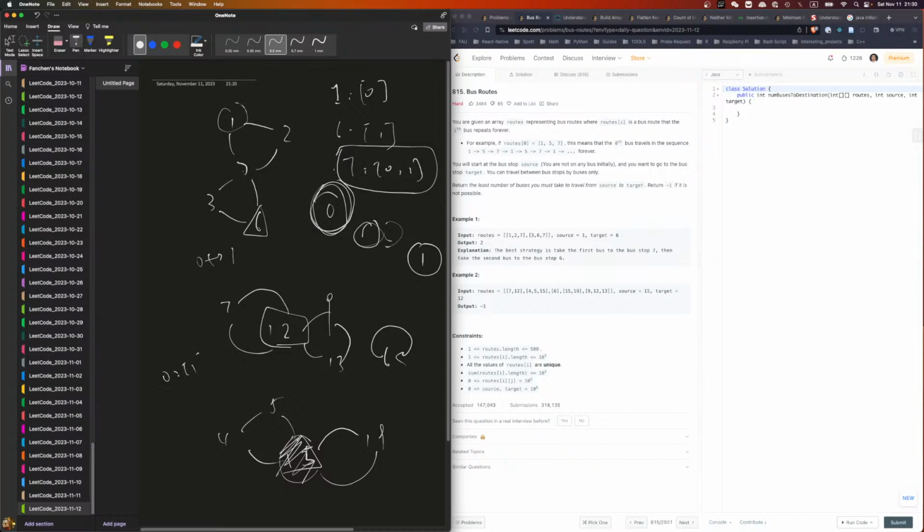So 0 we can say to 1 and 1 to 0, right? And then so on. So we have a graph of routes, right? A graph of routes. Once we have a graph of routes and we know that the source belongs to a route, the target belongs to another route, then we just need to find the shortest path, right? The shortest path to get there. That's just the shortest number of routes. And that can be solved by BFS. All right, we have a strategy,